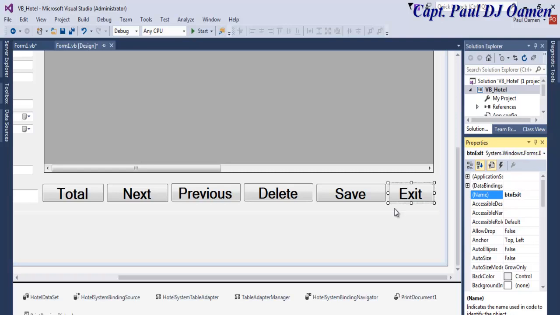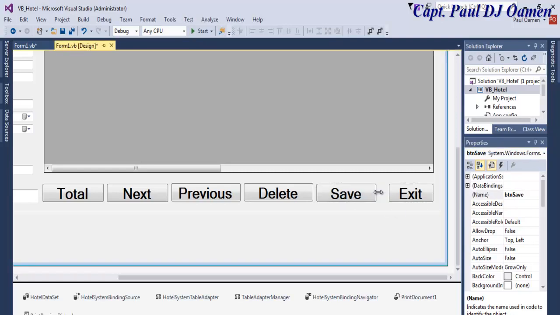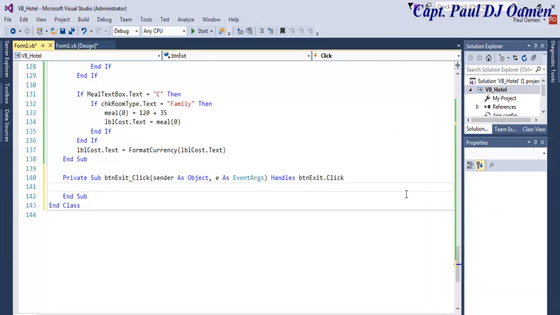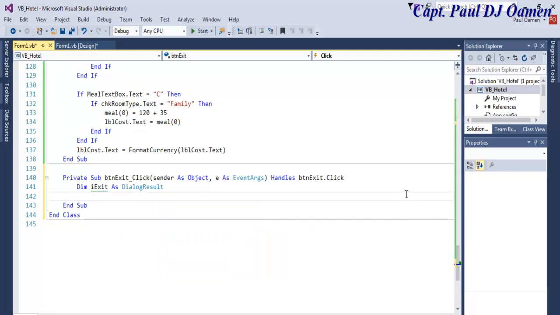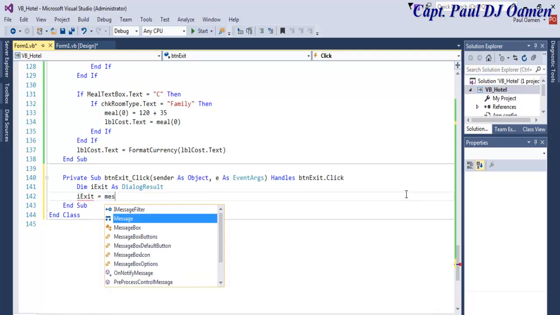Let's enter some lines of code for this exit. Double click on the exit button. The first thing is I'll declare a variable. I'll call it iExit as dialog result. Okay, iExit equals message box